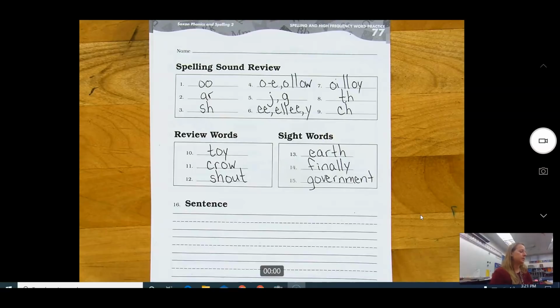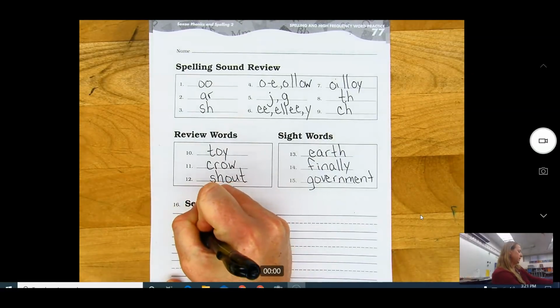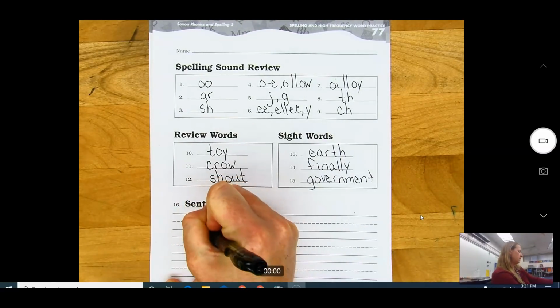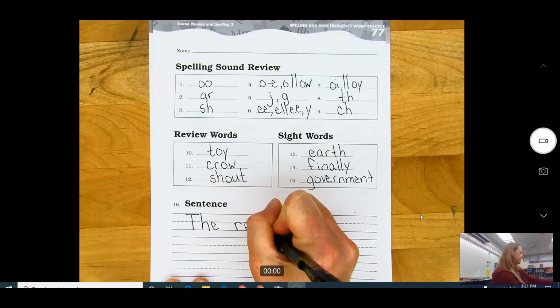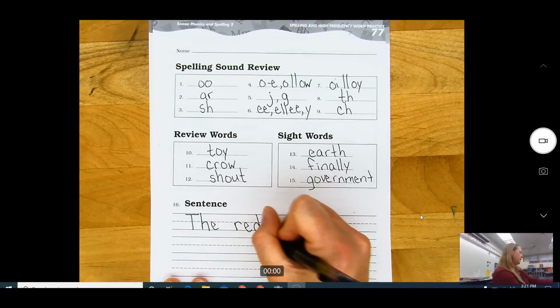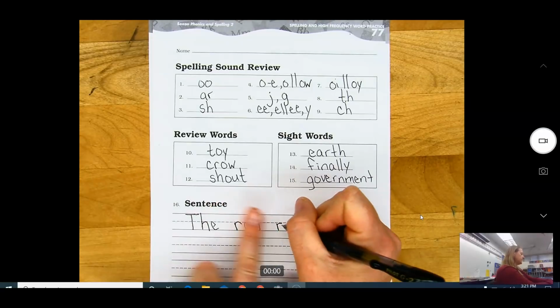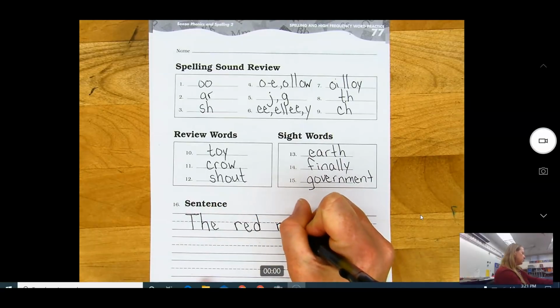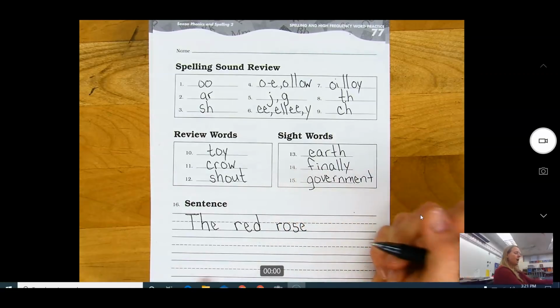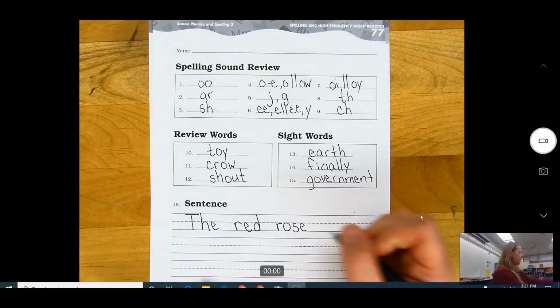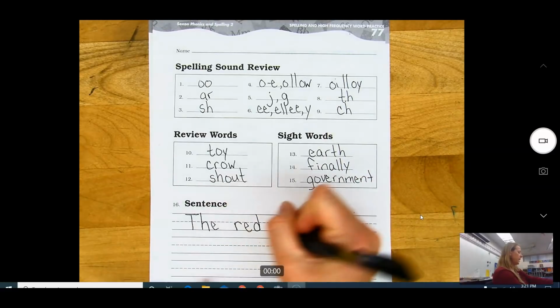All right, your sentence, number 16, the red rose will bloom soon. We start a sentence with a capital letter. The red, and write your very neatest. The red, finger spacing in between your words. Rose. You see how I'm slowing down with my handwriting? I have to slow down so I can write better than what I did up here. The red rose